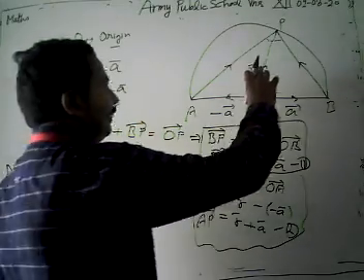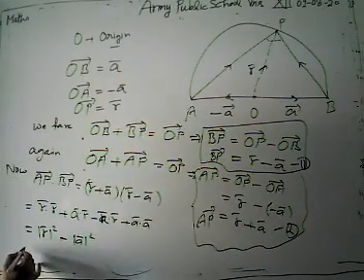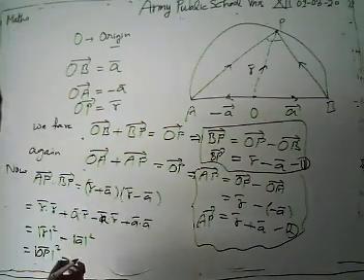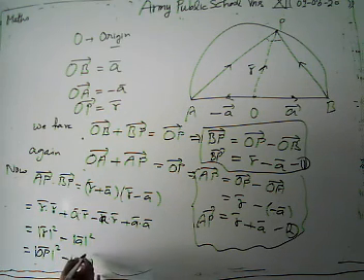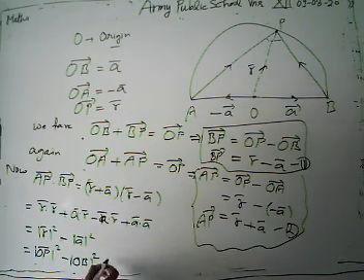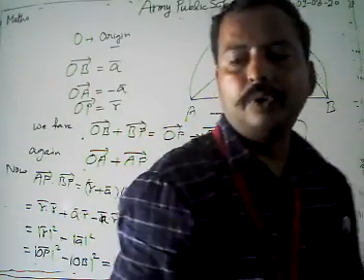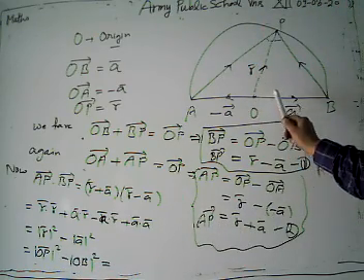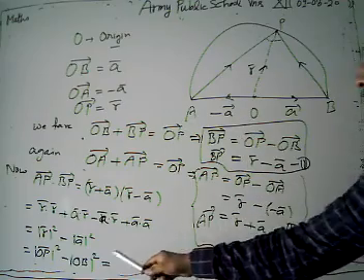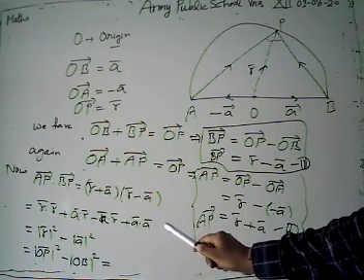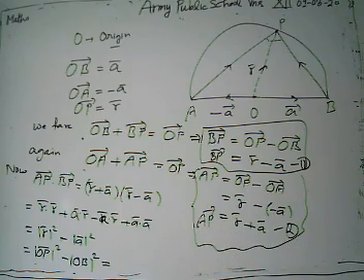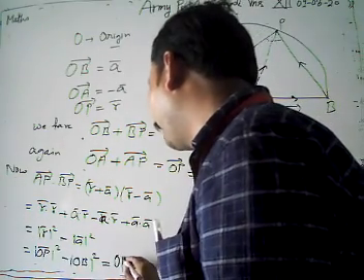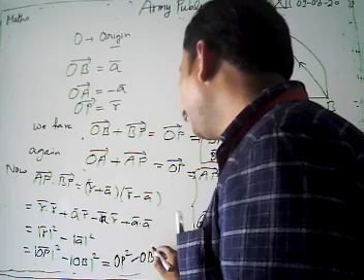Now what is R square? Vector R square is our OP, we get OP whole square. What about our A? It's our OB. Now we can write it as the modulus of OP square minus OB square. Now look, this is our OP and this is our OB, and we know that the square of a vector is equal to the square of the modulus. So this is OP square, and this is OB square.